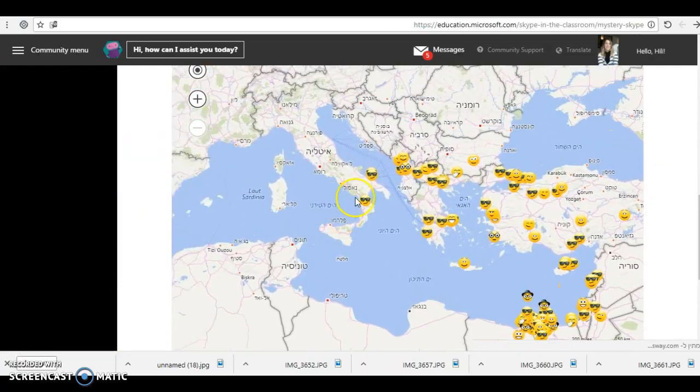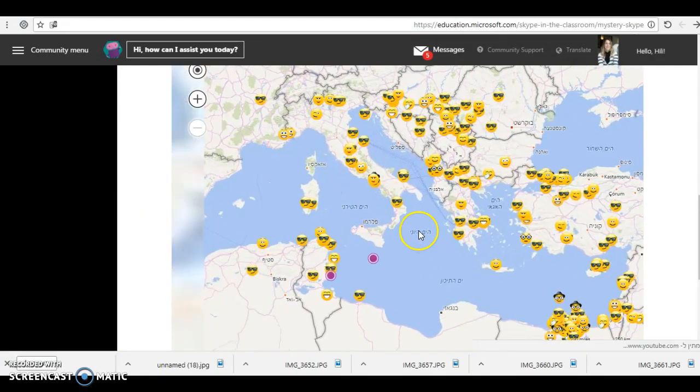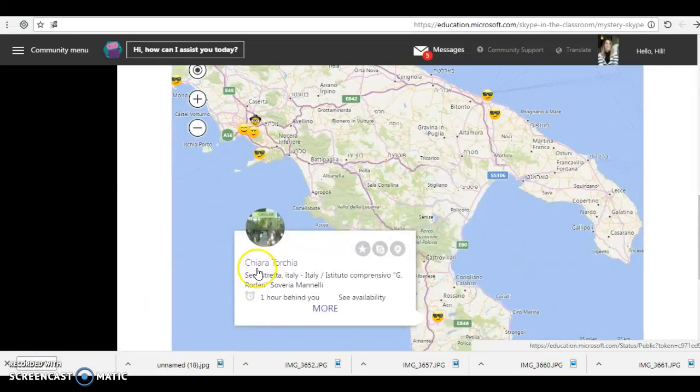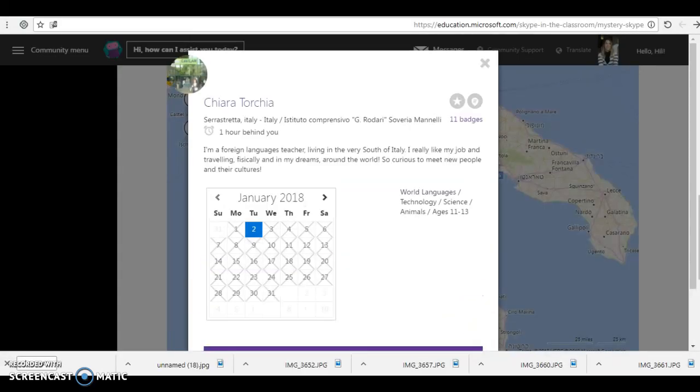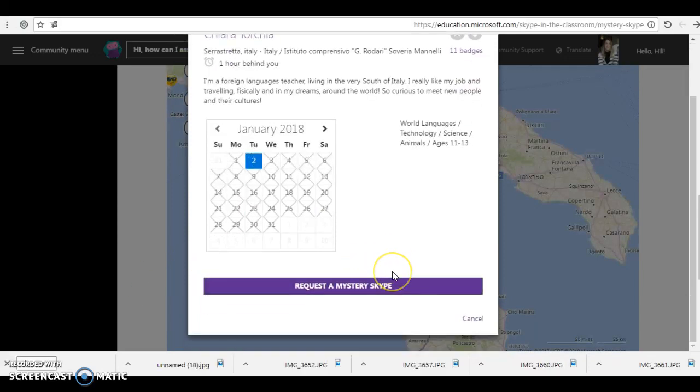For instance, if you want to contact a teacher in Italy, I can click on this emoji. Okay, so here in Italy, I can see this teacher, and I can click on more. And already I can see that she's 1 hour, and I can click on request a mystery Skype,